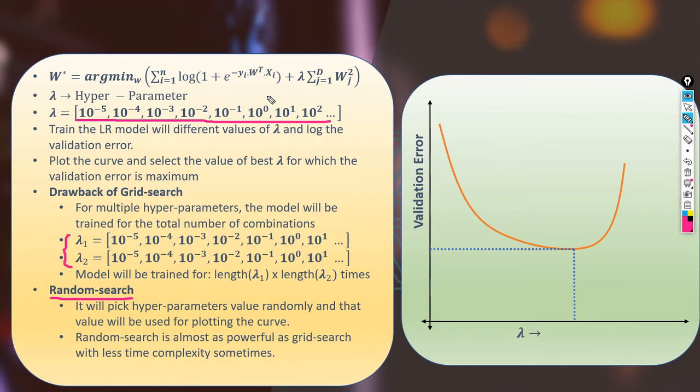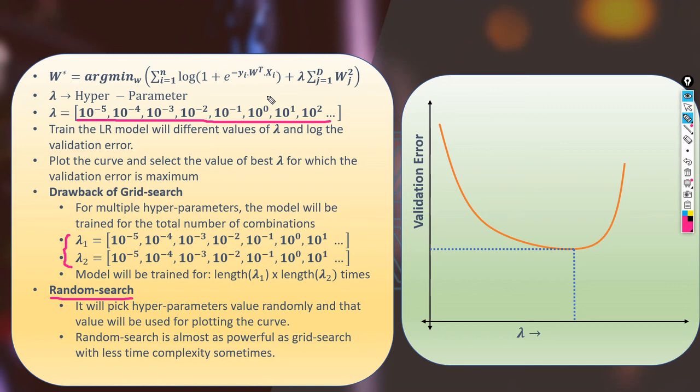There is another smart way to find hyperparameters, that is Bayesian hyperparameter search. That is a fairly advanced concept, but in future I will try to cover that as well, because nowadays Bayesian hyperparameter search is like a hot cake. But most of the time we use either grid search or random search, and that gives us